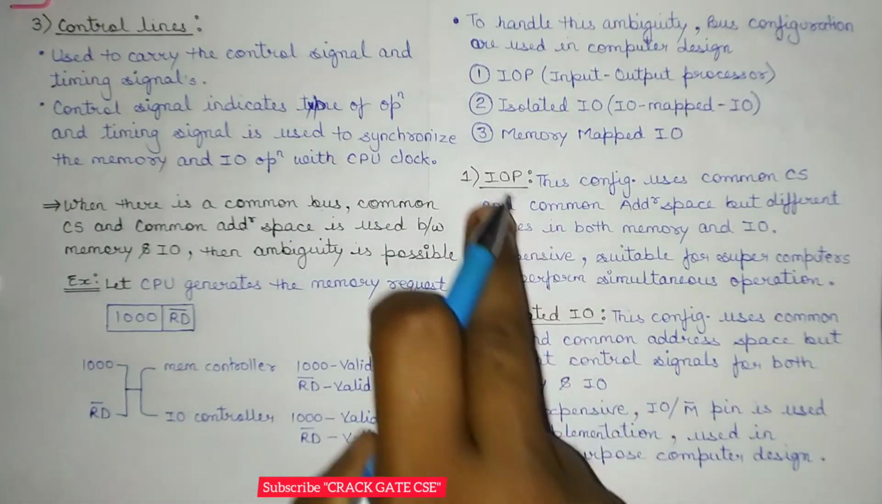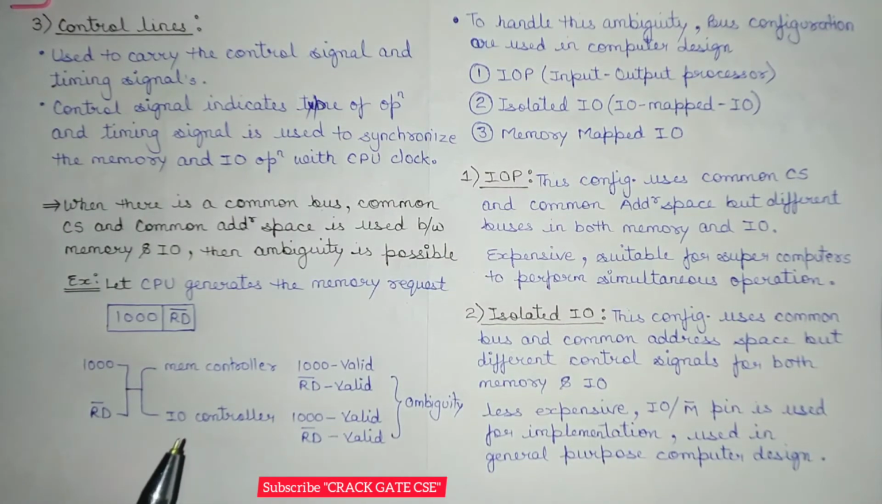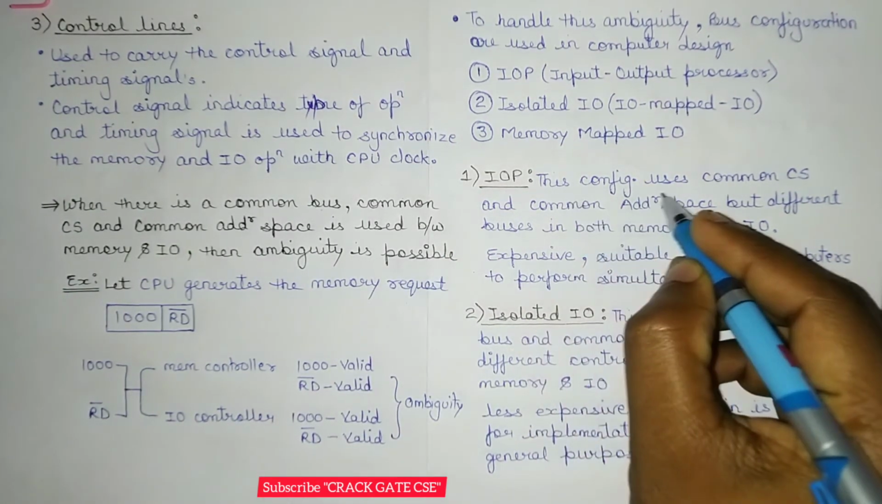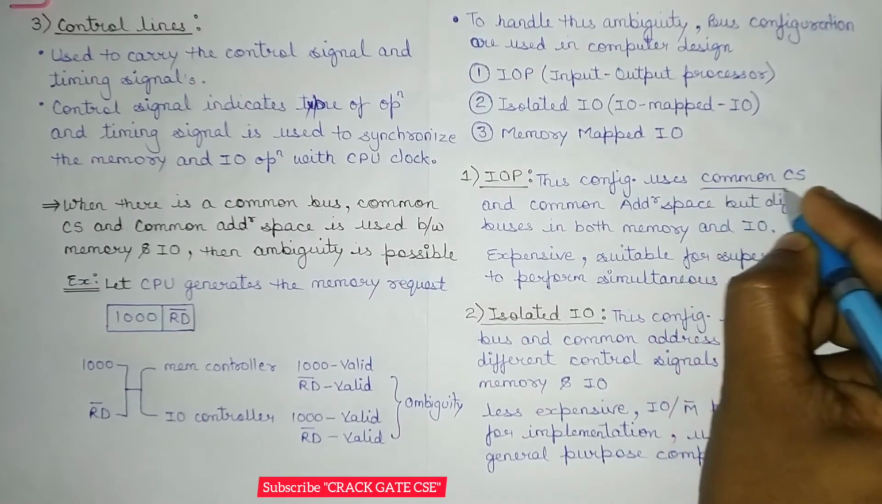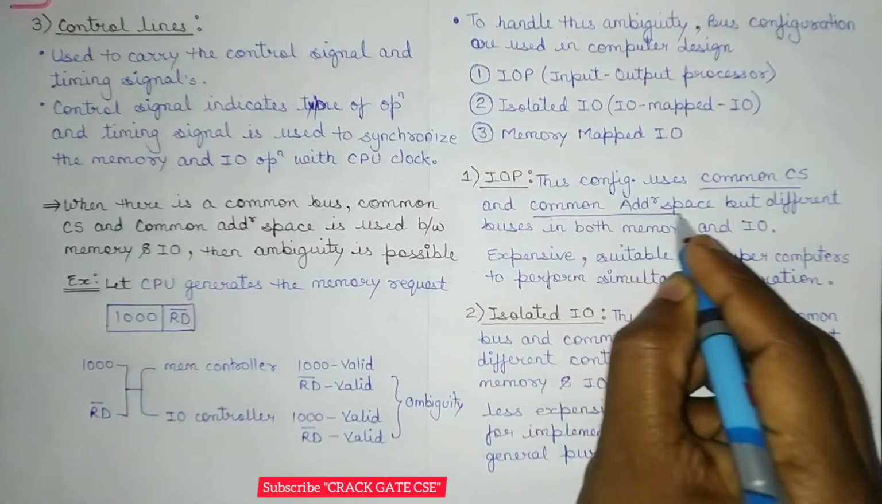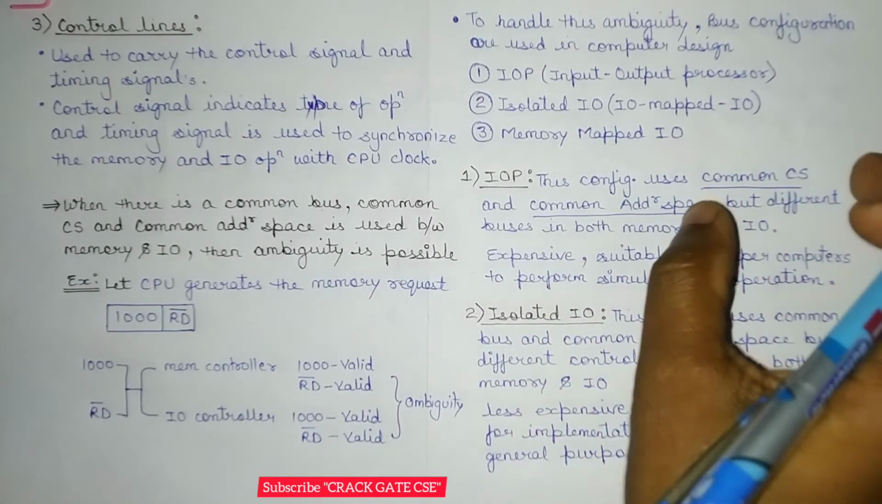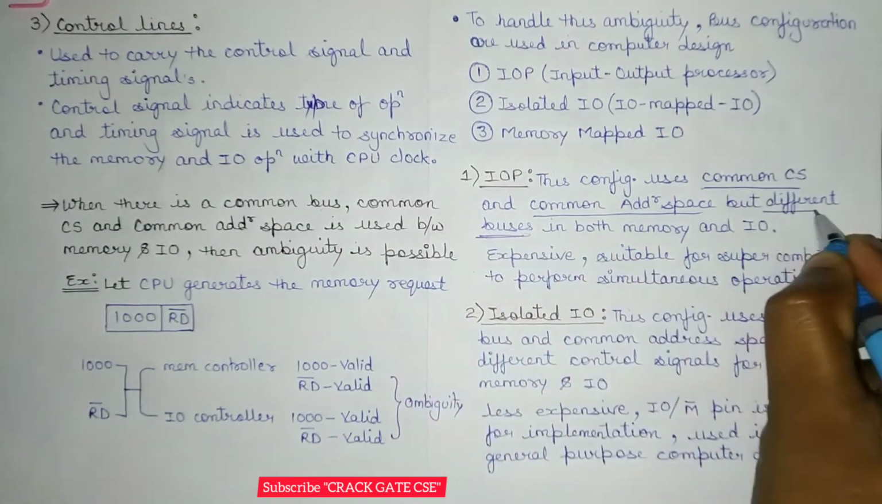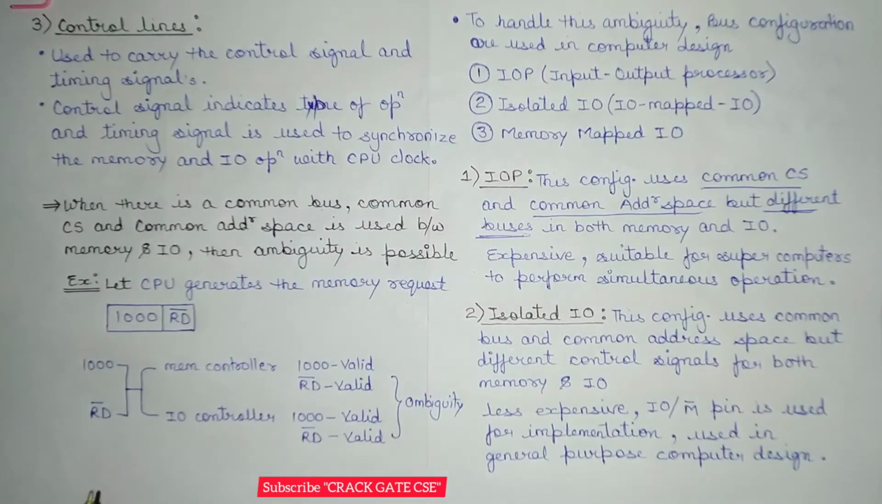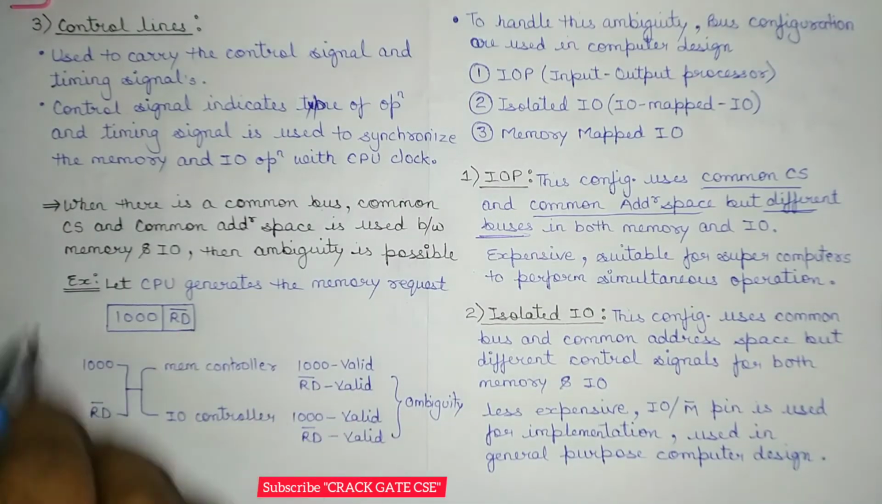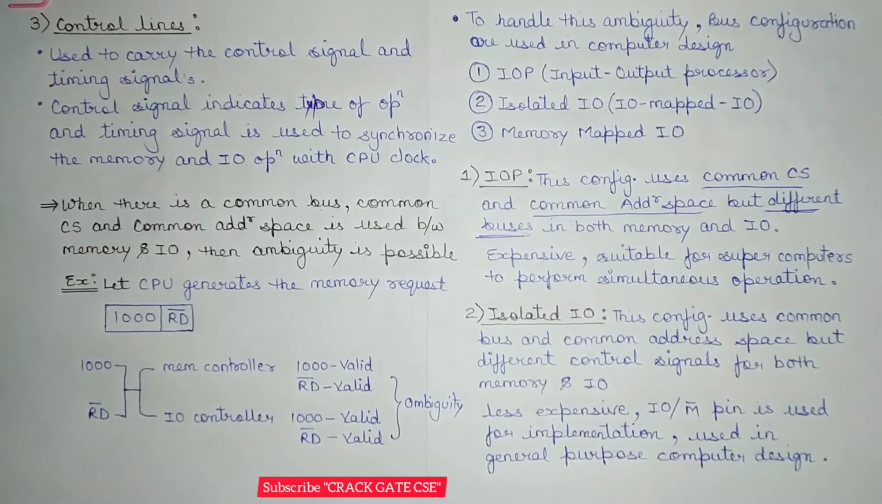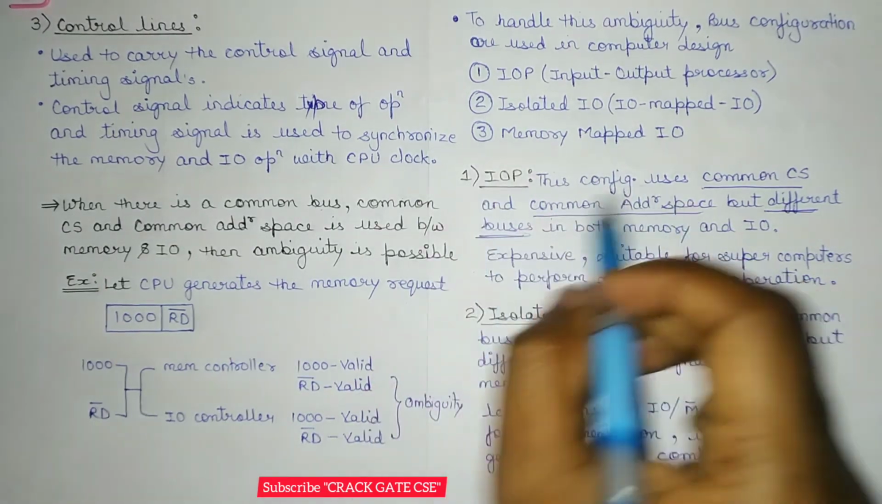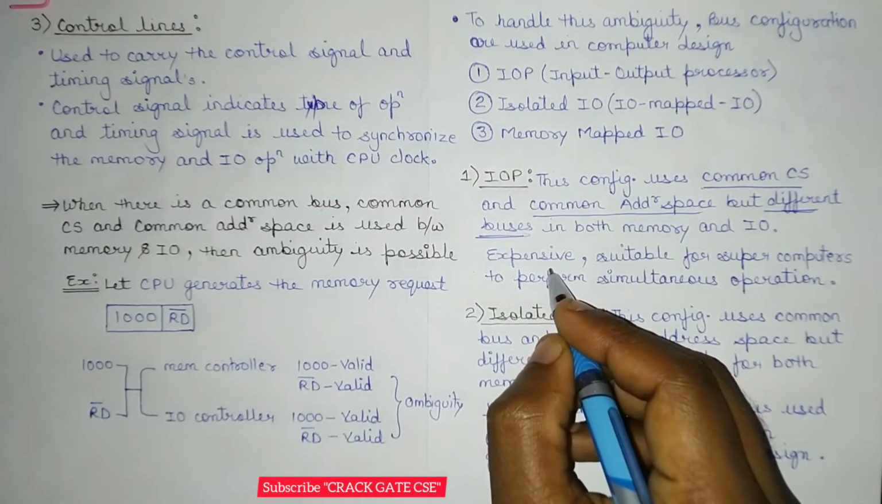So first of all, let's move on to the IOP, which is input output processor. This configuration uses the common bus and common address space. So common control signal and common address space is used, but different buses in both memory and IO. So to avoid the conflict, we are using the different buses, and this kind of design is expensive, and it